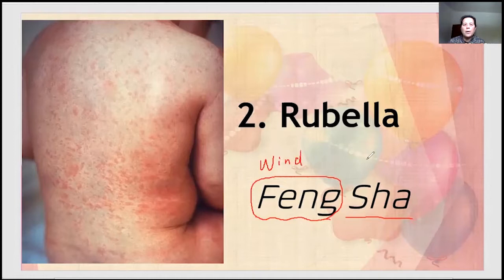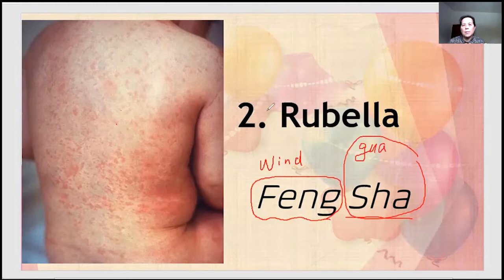沙, you still remember when we were talking about gua sha. Gua is scratching. Sha is some red spots, kind of skin rash. So if you see the picture here, some skin rashes. 触类 only from the skin rashes, they are pretty difficult to identify. Is it measles or rubella? So we need other symptoms.